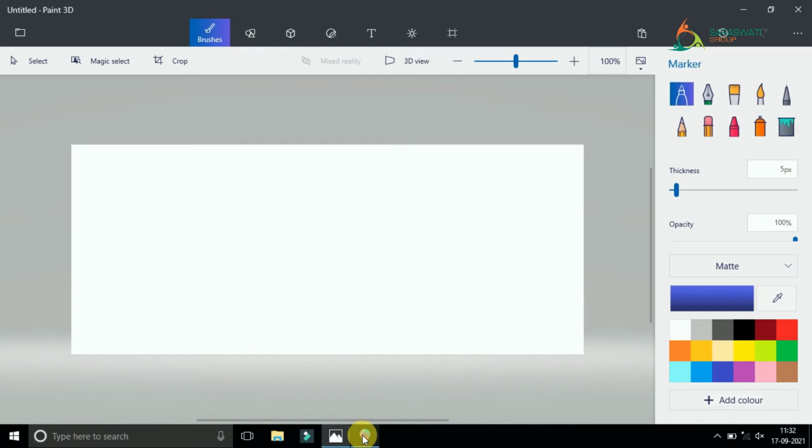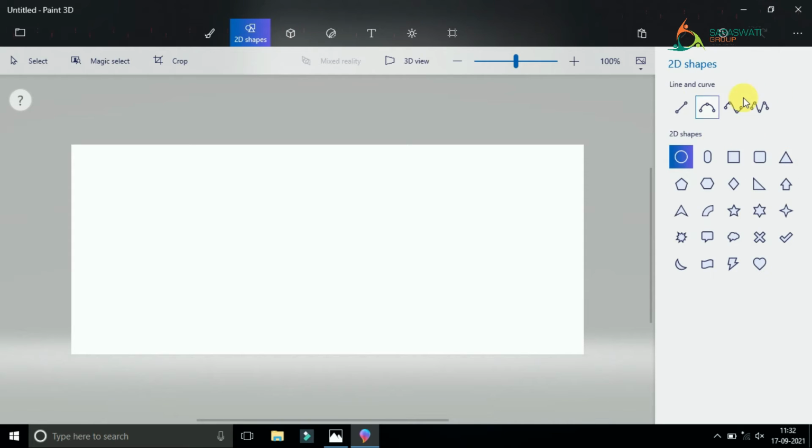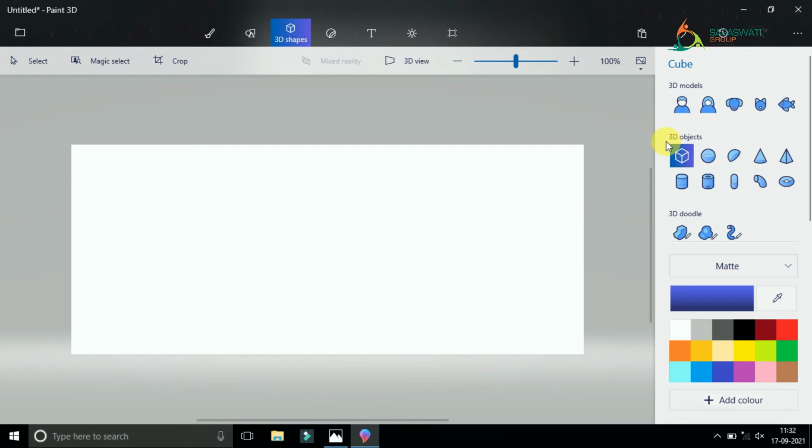Now see in your textbook again. When we click on a category, tools related to it appear on the right side panel. Right now you will see that brushes are highlighted. If I select 2D shape, you can see it appears on the right hand side. If I say 3D shape, it appears here.